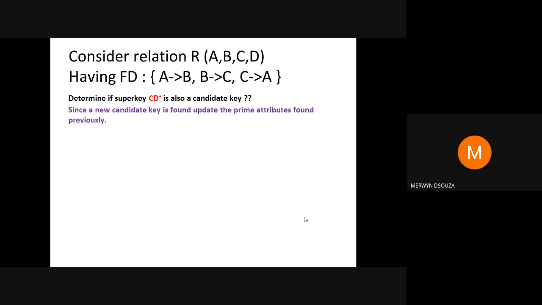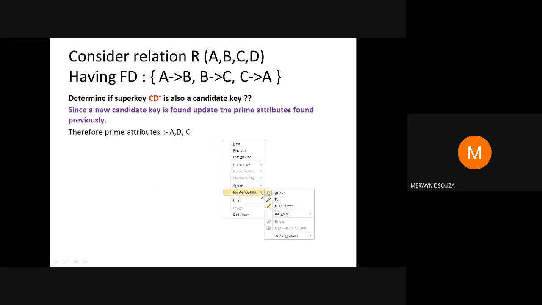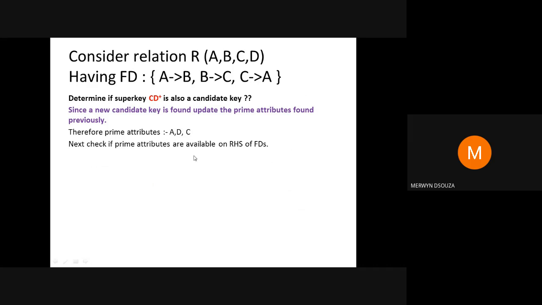So previously the prime attributes were A and D. Now you include the new prime attribute that you have found, that is C. So now the prime attributes for the relation R will be A, D and C. Okay. Now check whether any more candidate keys are present. So to do that, you will find out whether these prime attributes are available on the right hand side of the